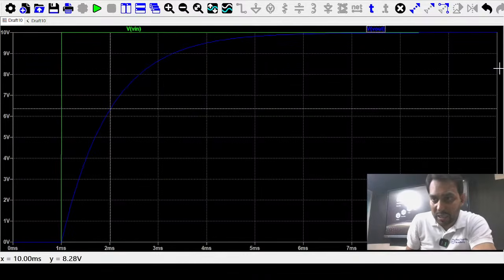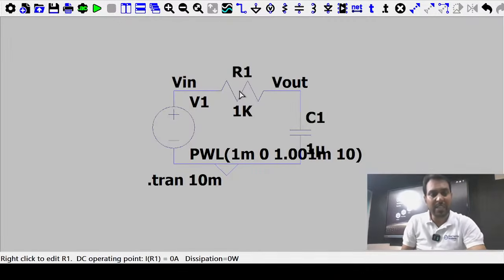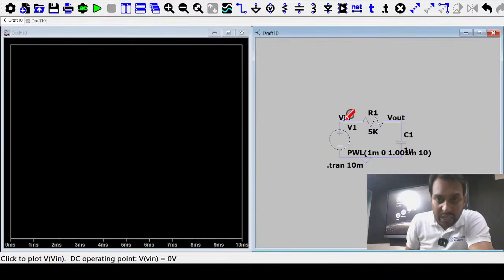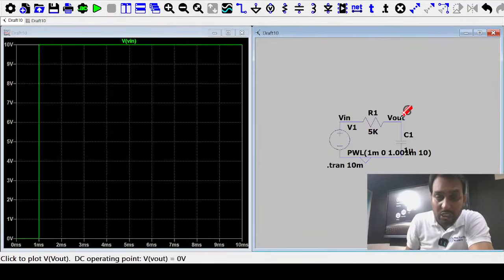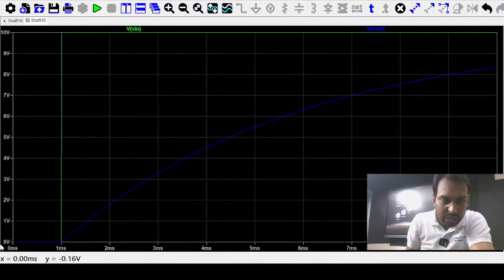Just check this. You have a tau, and I am changing that R value, moving R from 1k to 5k. If R is 5k, what is happening? Your output waveform is decreasing, meaning the output does not reach as high a level. Just focus here: till 1 millisecond it is 0, but if your R is high,